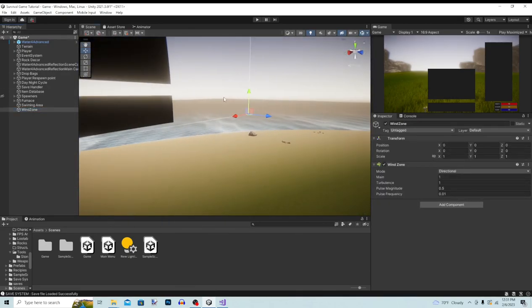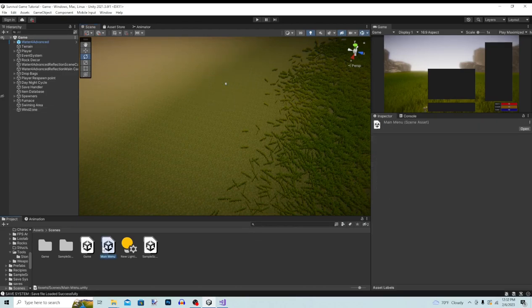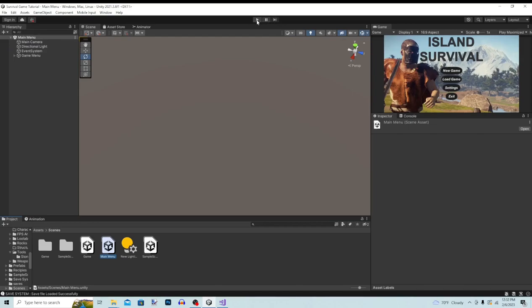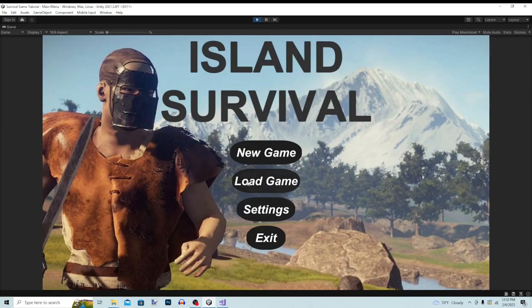Now where is our wind zone? I'm just gonna drag it over to here. And over here you can see the direction that it's taking. Now I'm gonna give it something like this, so it's towards here and downwards. We're gonna save it, and let's just go back to our main menu scene so we get access to the whole loading function. I'm gonna load my game,